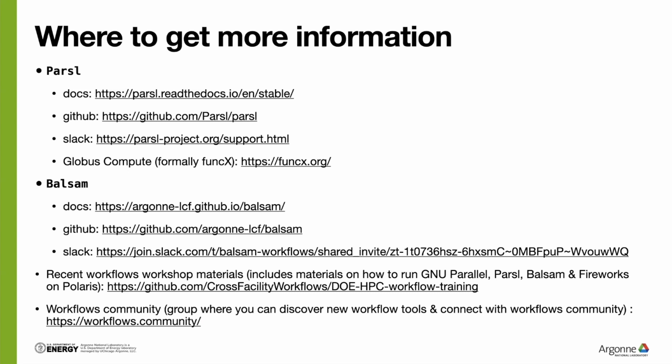I know because I'm on it, where the developers are very helpful to users trying to figure things out. I'll also point you to the website for FuncX, which maybe is changing because it's been renamed to Globus Compute, but that allows you to deploy Parcel workflows remotely from the cloud, essentially. For Balsam, there's documentation here. You can also see our GitHub